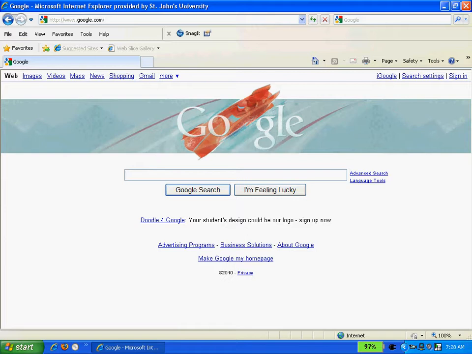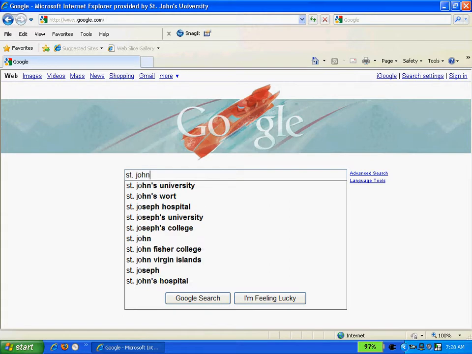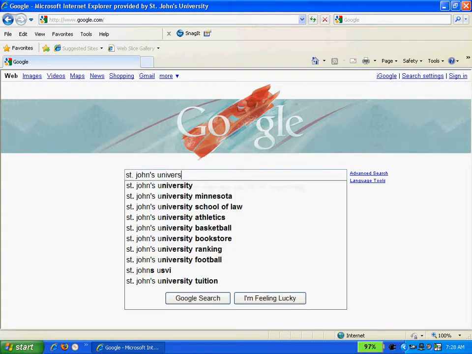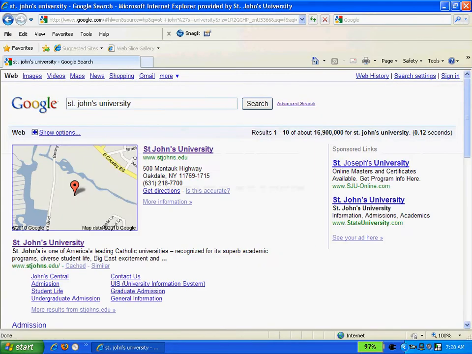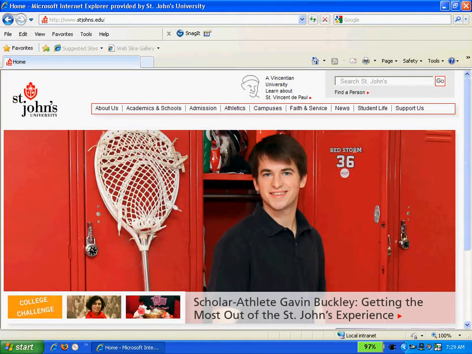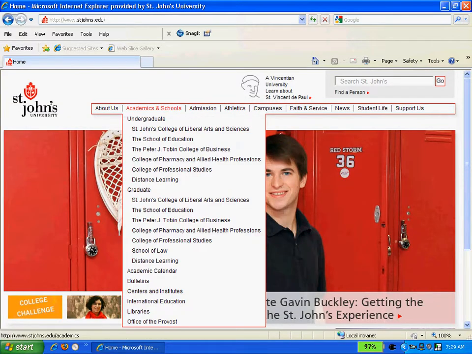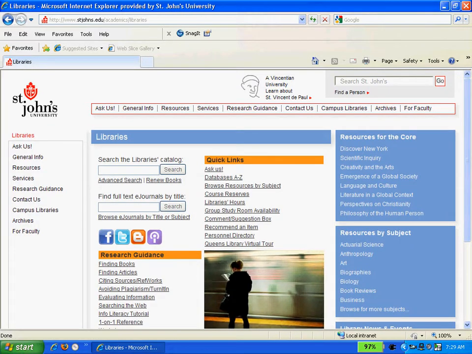So as we get started, I don't want to assume that we can all find our way to the website because, well, I don't want to assume that. And so we're going to go to St. John's University, and there we are. And I'm going to go to academics and schools. I come down to libraries,